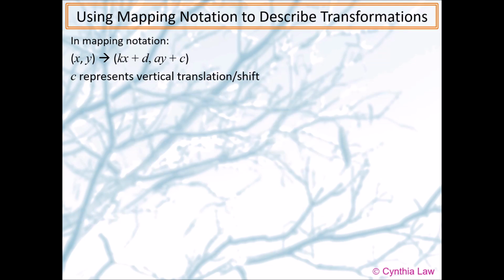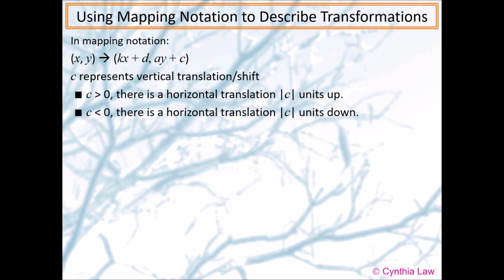c represents vertical translation or vertical shift. When c is greater than 0, there is a vertical translation of the absolute value of c units up. So if c is positive, then the cat is going to move up. When c is less than 0, which means c is negative, then there is a vertical translation of the absolute value of